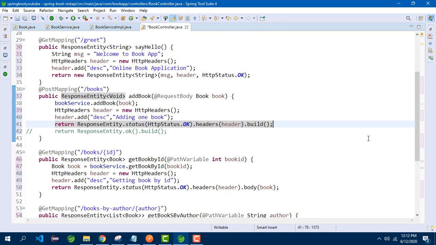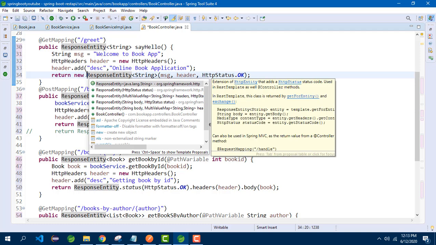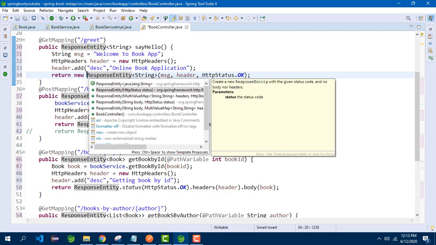While having response entity as a return type, you can return the response entity either as an object or call the static methods of response entity. When you are returning it as an object, there are different constructors with the help of which you can either pass the status code alone or pass headers and status or body and status or all three put together. In our case, we have selected the last one. We are passing the body, header and status.